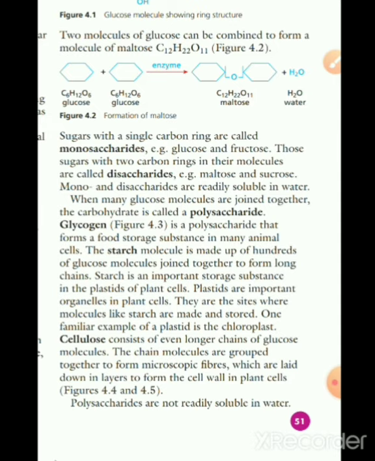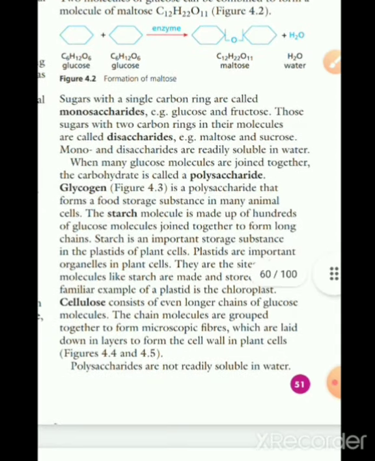Cellulose is made of lots of glucose molecules joined together. They are non-living, and they give rise to the cell wall, which is the outermost layer of the plant, like a leaf. So basically, they make the cell wall a tougher, non-living structure, making it harder for anybody to break it and enter into the leaf cell or the plant cell.